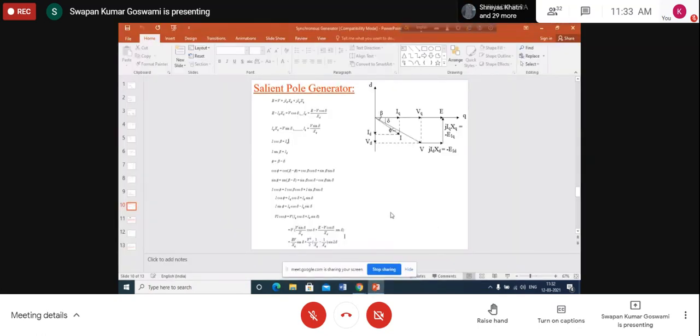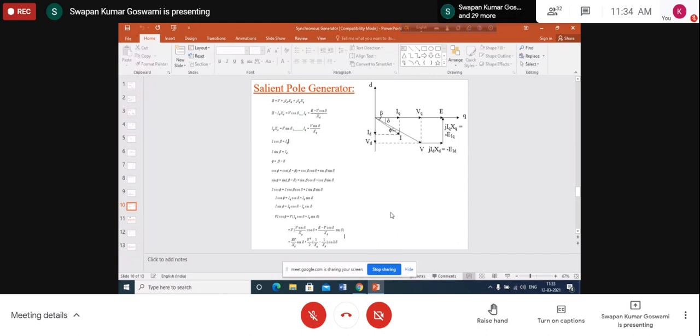That means there is less air gap along the pole axis. There will be more air gap along the quadrature axis. From the pole axis, we call it quadrature axis. And salient pole machines, it has been found that salient pole machines can be analyzed, can be represented by using two reactances. In case of cylindrical rotor machine, we represent the generator or motor by using a single reactance. What is that reactance? Synchronous reactance. That means armature reaction reactance and leakage reactance.